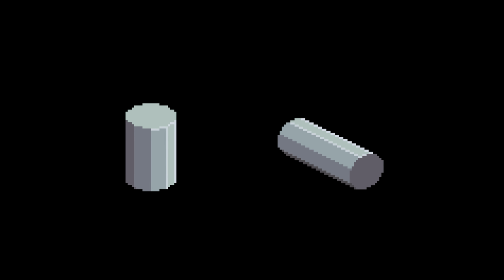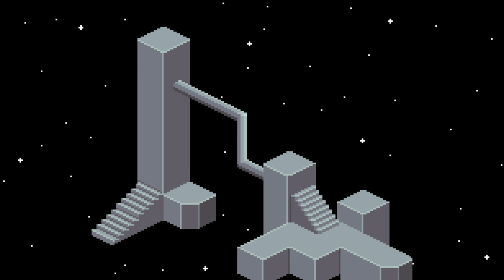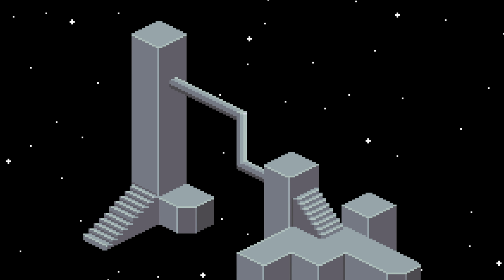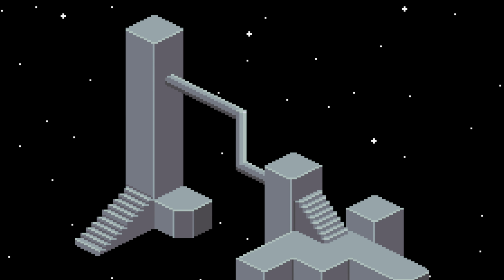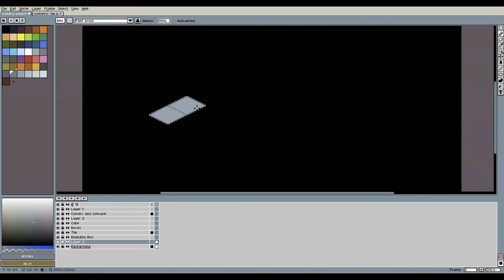Also, our cylinders might be useful in other variants. We can, for example, create smaller and thinner versions that look more like pipes, and combine such pipes into more complex structures too. Feel free to play around with combinations of all parts that you already made to come up with even more complex building blocks. And with all those building blocks in place, we can now start building bigger and more detailed isometric pixel worlds. The parts that we have created so far are very well suited for buildings and rooms, so let's create some.